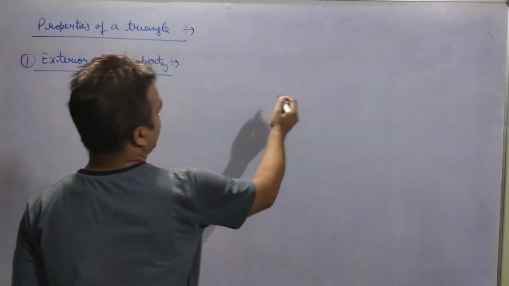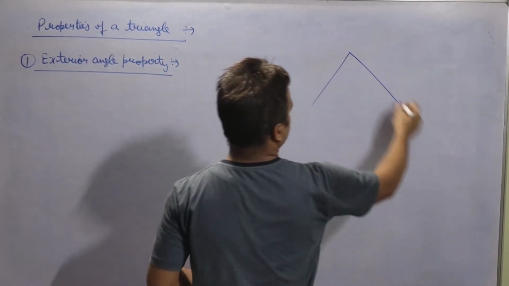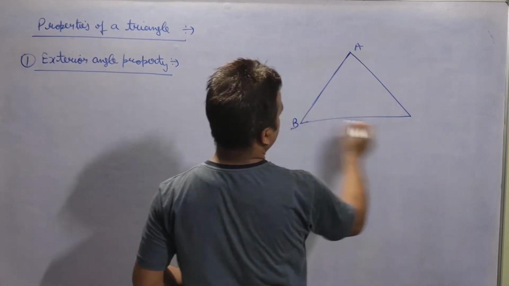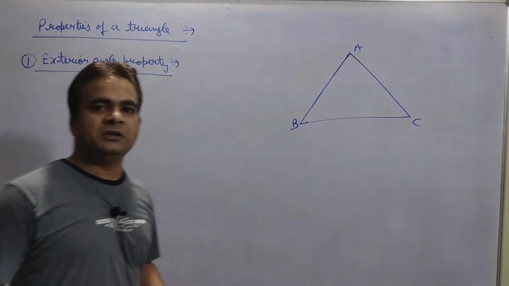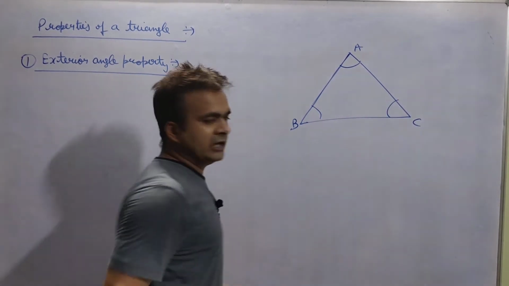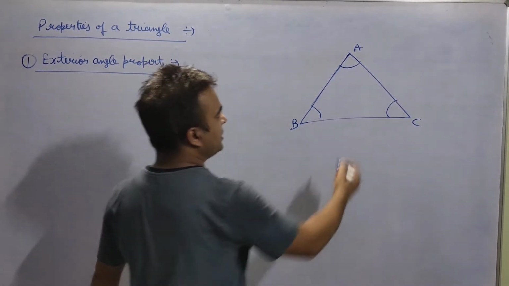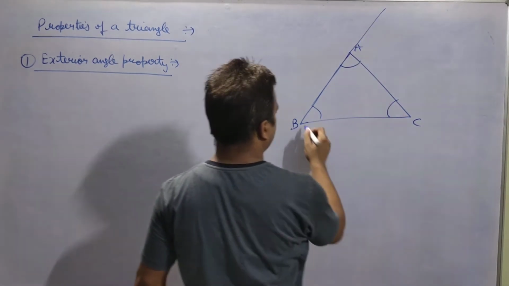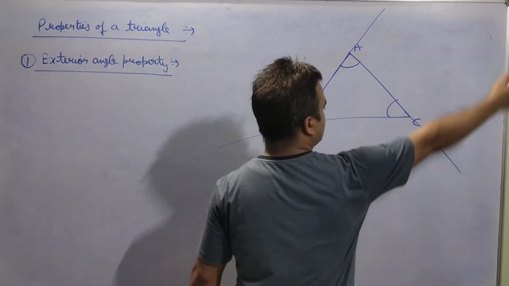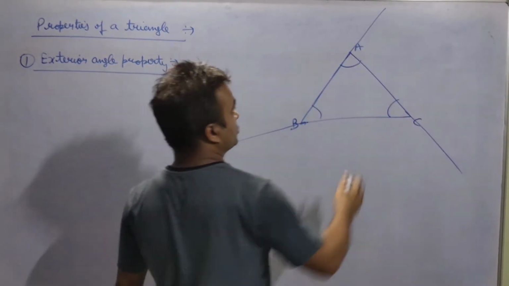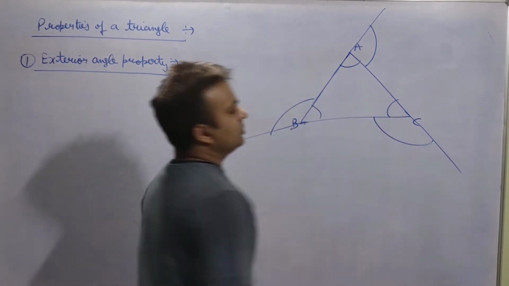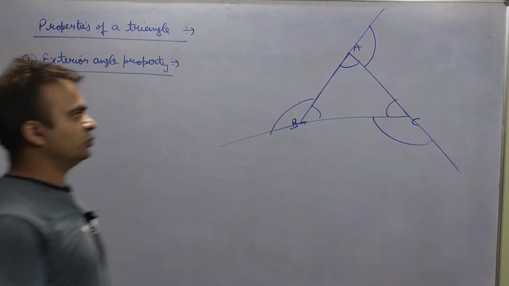So if I am taking one triangle, can you tell me how many exterior angles are possible? How many interior angles are here? Angles A, B and C, which I have highlighted, are called interior angles. If I extend this line, a line can be extended in any direction. So these angles which are forming here are known as exterior angles. This should be clear to you.